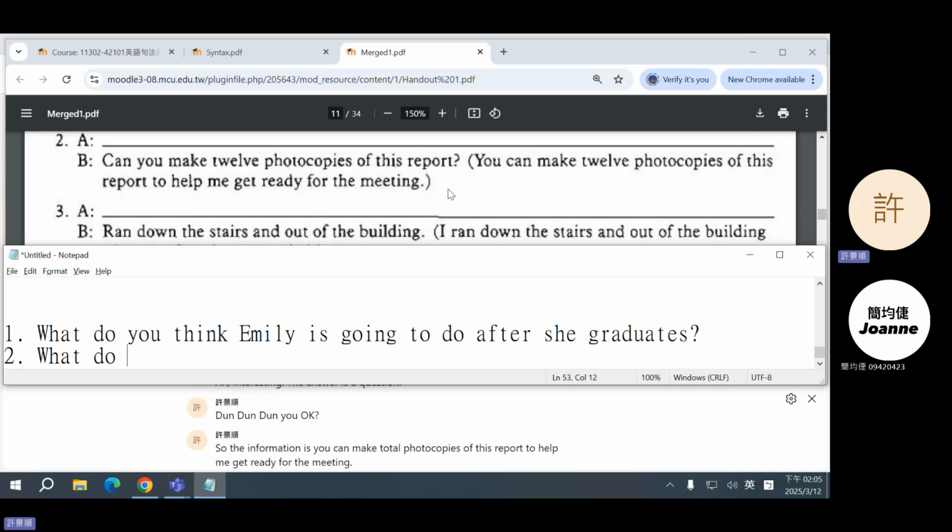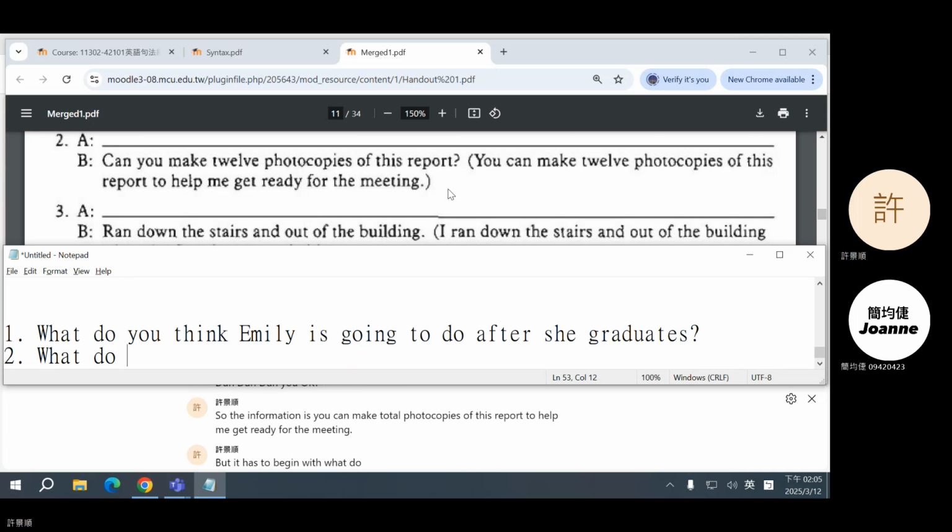But it has to begin with what do. Hmm. Okay, let's follow the rules. You becomes I. What do I